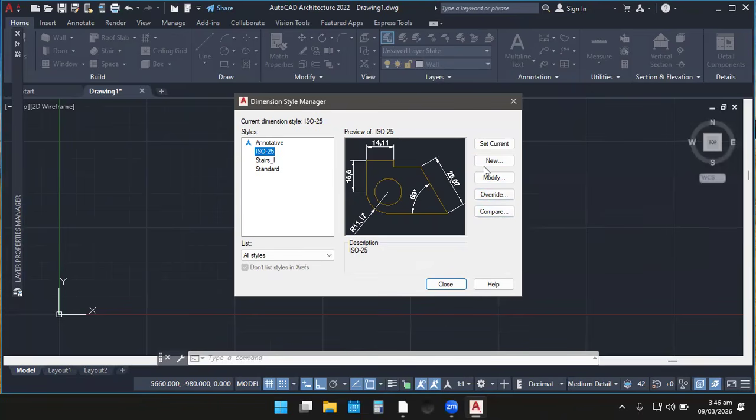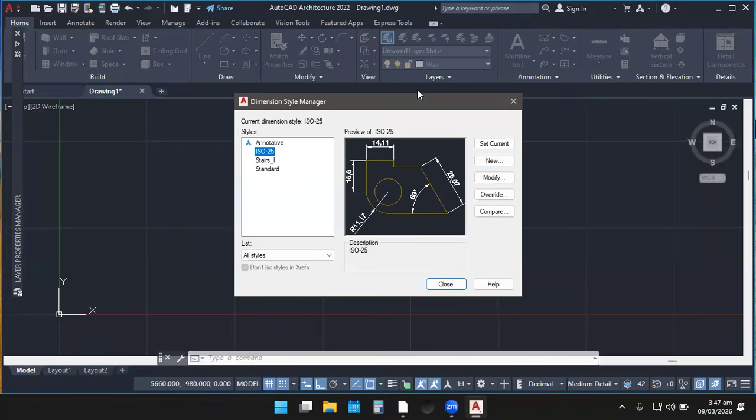This is close and this is help. So as I said, after you are done, this sets the style selected under styles to current. Also, the current style is applied to dimensions you create. So after you are done, you click and set it as the current one.